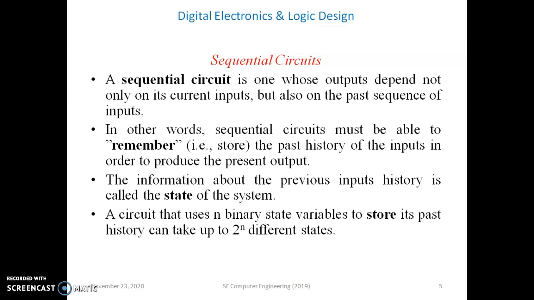So what is the sequential circuit? Before that we had studied what is the combinational circuit and what is the difference between sequential circuit and combinational circuit. Combinational circuit means that is the digital type of circuit. So in combinational circuit it does not require the memory because every time whatever the input is given, according to that the output will be generated. So means output is always dependent on the present state of inputs in combinational circuit.